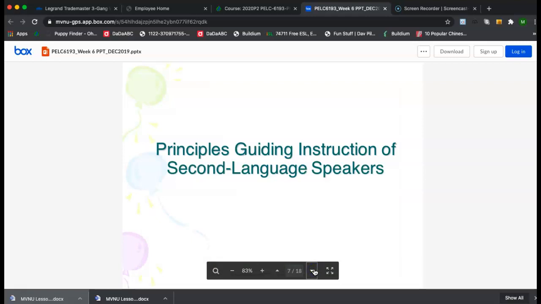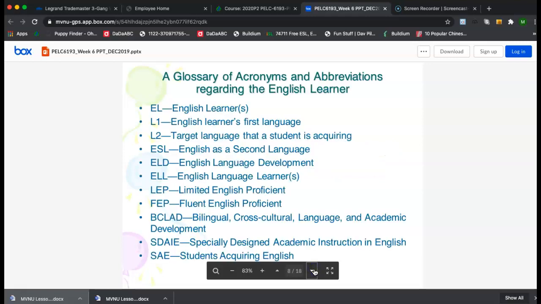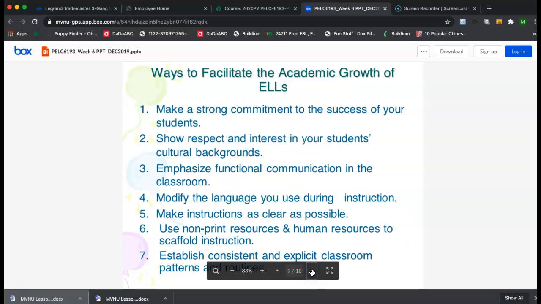Principles guiding instruction of second language speakers. There's lots of acronyms and abbreviations when you talk about English language learners, and it gets a bit confusing. So here's a glossary for you. How do we facilitate the academic growth of English language learners? Well, through your forums,